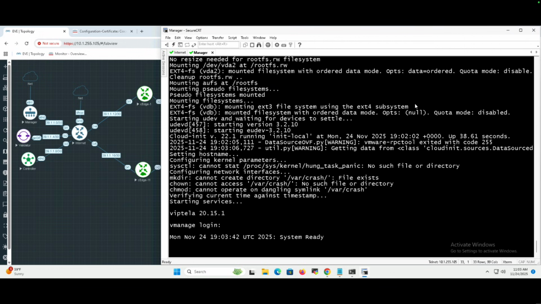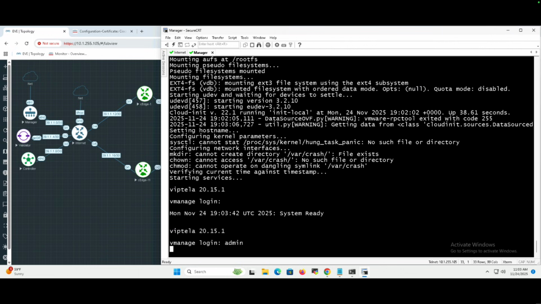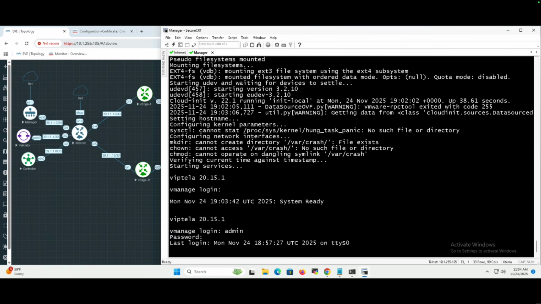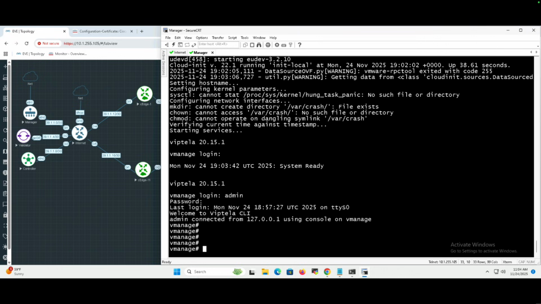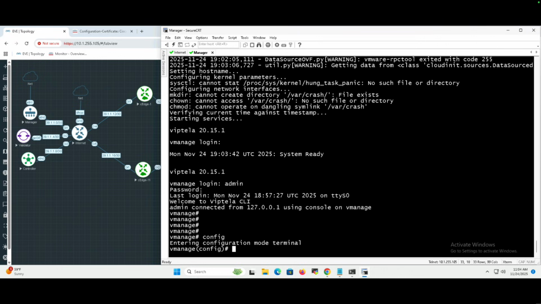All right, the system says it's ready, so let's log into it. So we'll say admin, 1234 QWR. And if all goes well, we should access the CLI. Now, what I want to do is the basic configuration on this device to allow it to do its job. So I'm going to go ahead and type config, and we need to provide the system